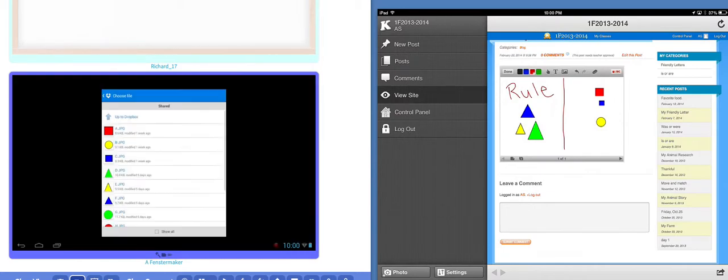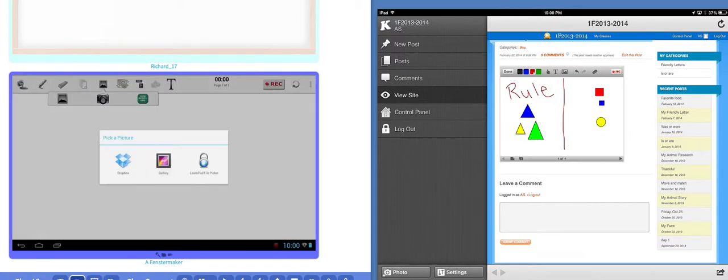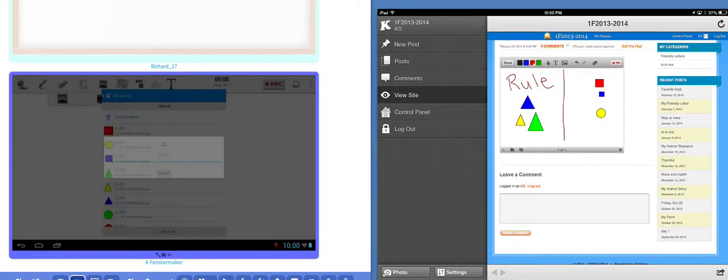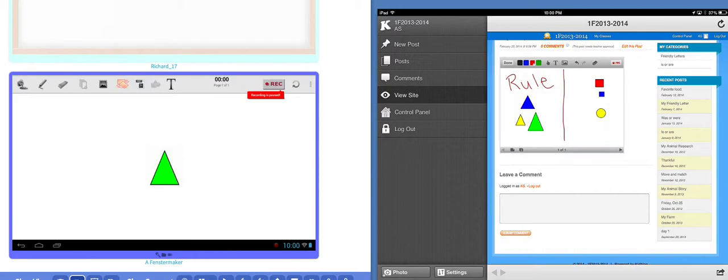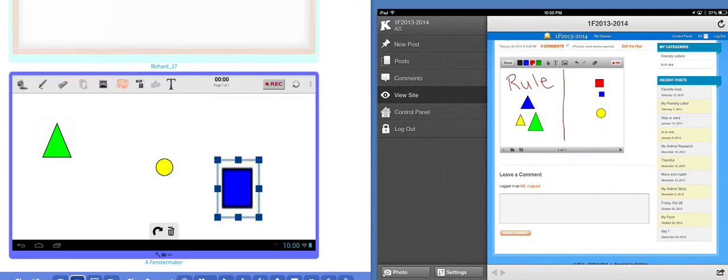from Dropbox, and you can see the one difference compared to EduCreations on the iPad was that it actually shows you a thumbnail of the picture. So that might be useful for your students to see those thumbnails. It might help them out a little bit. Let me get this shape over here. So as I'm sorting these out,